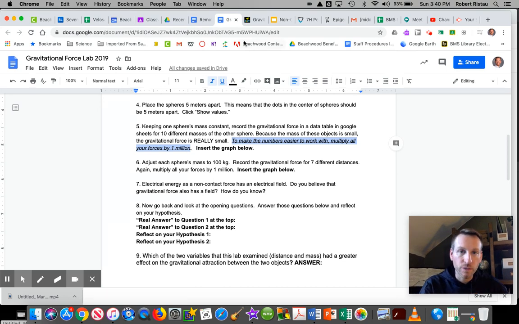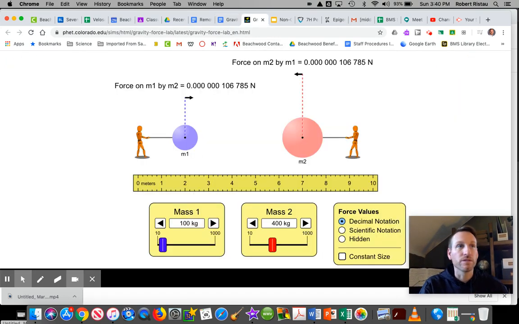You guys know that there are 6 zeros in 1 million. So that means you move the decimal 6 places. So I go 1, 2, 3, 4, 5, 6. And the number that I'm going to insert into my Google Sheet to graph is 0.106 instead of